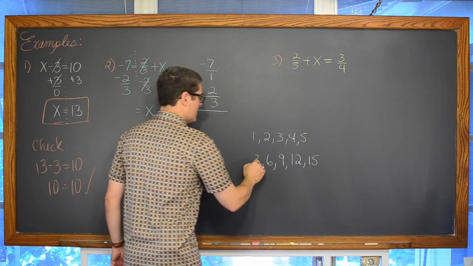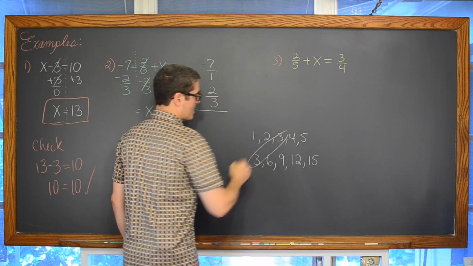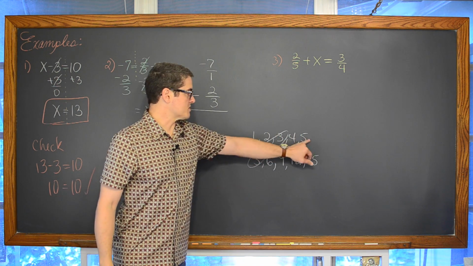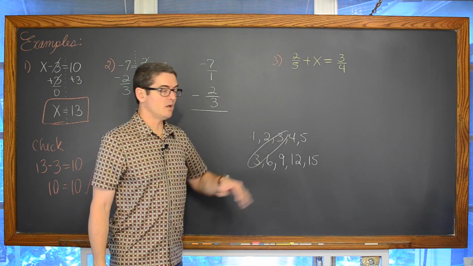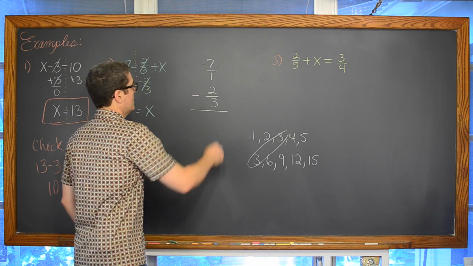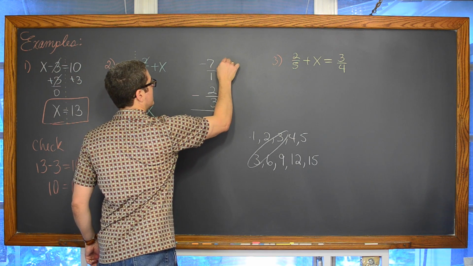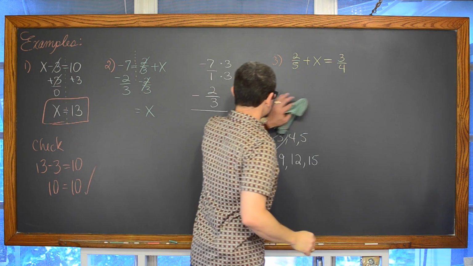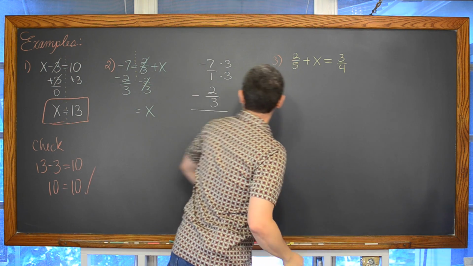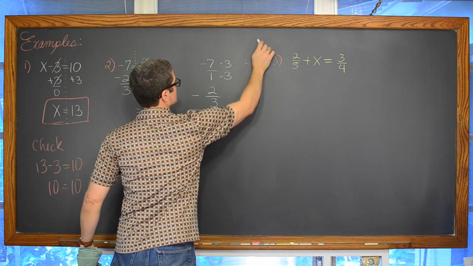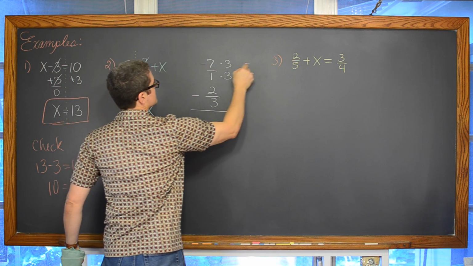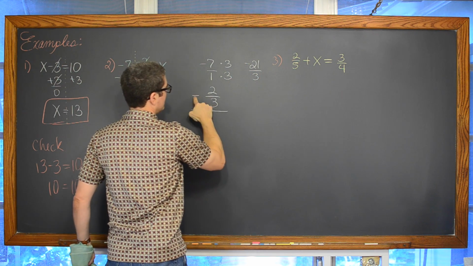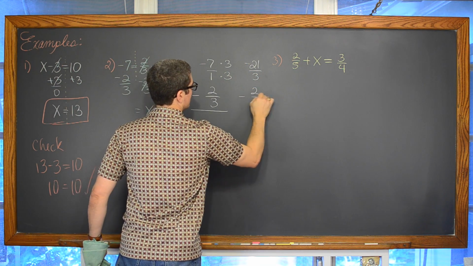And I want to identify, again, what is that lowest common multiple? Well, the multiple of 3 in that row starting with 1, the multiples of 1, that's the third number. I need to multiply 1 by 3 to get a common denominator. So we're going to introduce a multiple of 3 in the numerator and denominator of that first fraction. And that is going to give us negative 7 times 3 is negative 21 over 1 times 3 is equal to 3, minus 2 over 3.